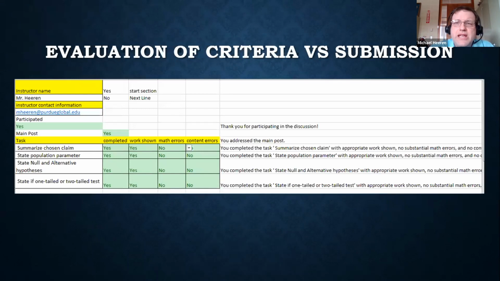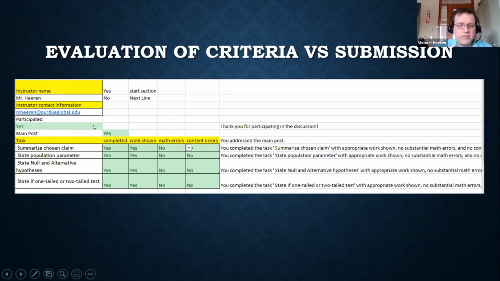So this is just a picture of what I use, and in here I have some very basic information, and I do this with all of my classes. I have my name, my contact information, and this particular feedback is on discussion board grading. And so I just said, okay, either they participated or not. And if they don't participate, I would just have clicked on that drop down and said no.